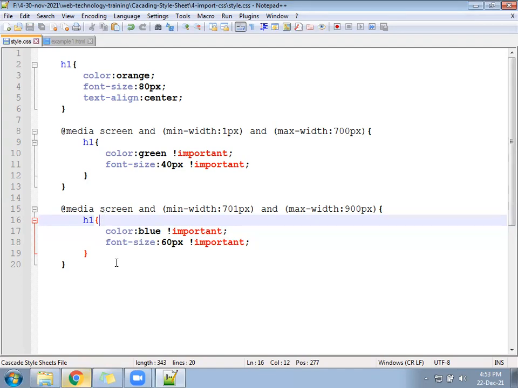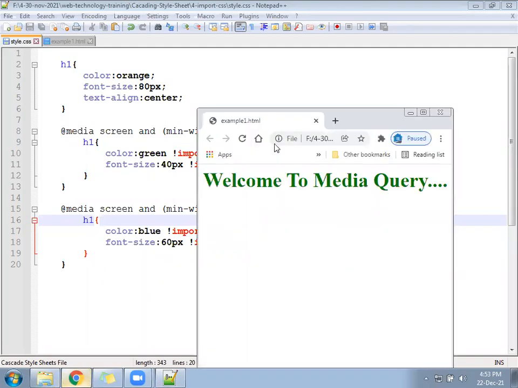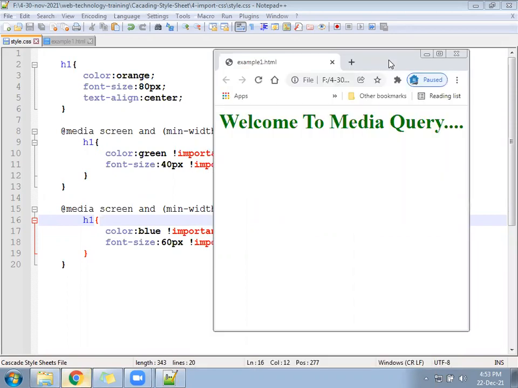Okay, after that, see, up to here is 40 pixel font size.